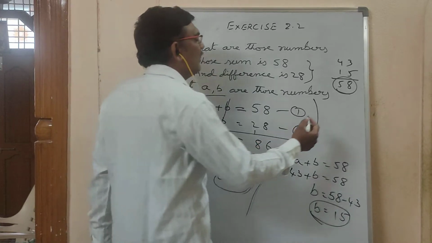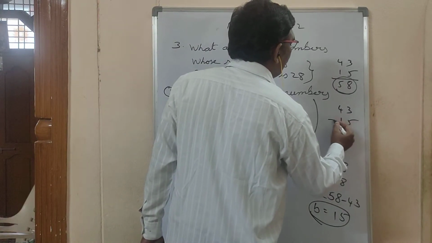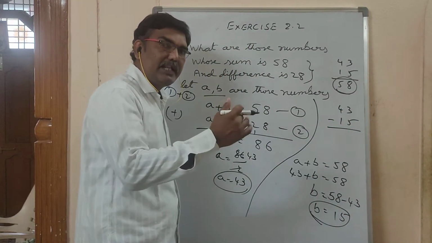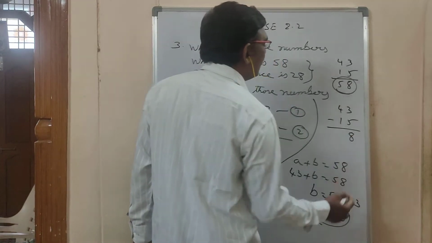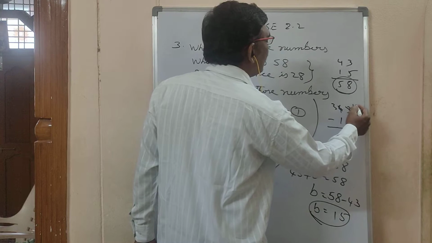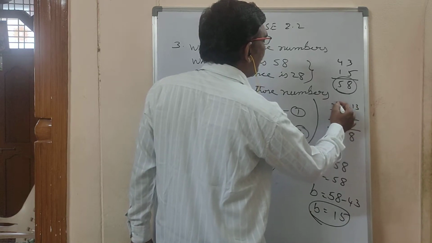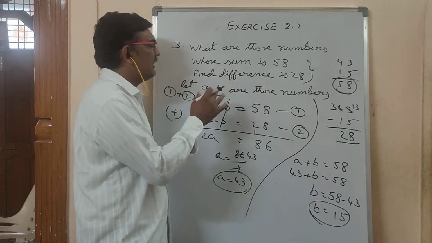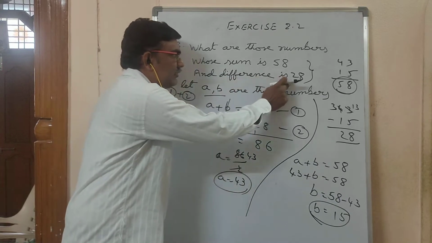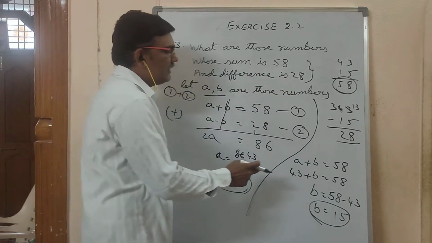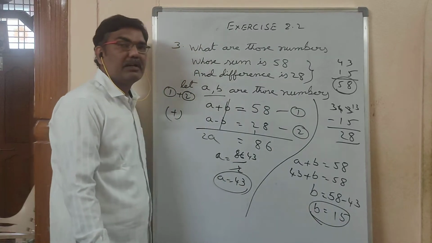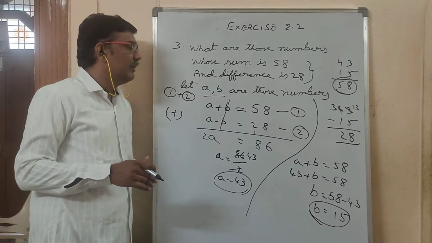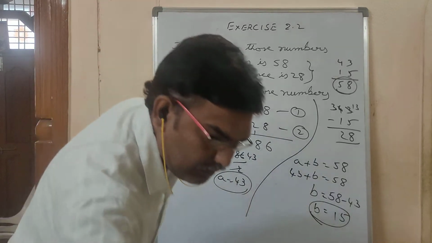Then you know subtraction. From 43, if you subtract 15. From 3, you can't subtract 5. So 13 minus 5 is how much here? 8. 13 means you borrowed here or not? You borrowed. So 4 is there, you borrowed means it becomes 3. 3 minus 1 is how much? 2. So the difference of 43 and 15 is 28. So the difference is 28, the sum is 58. So the numbers which we got are correct. You have to do checking like this, for your sake. If you do, it won't be wrong for you.